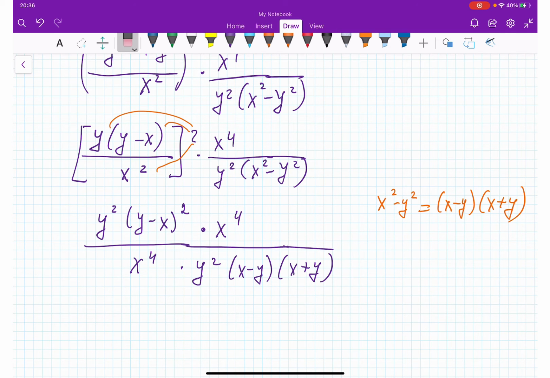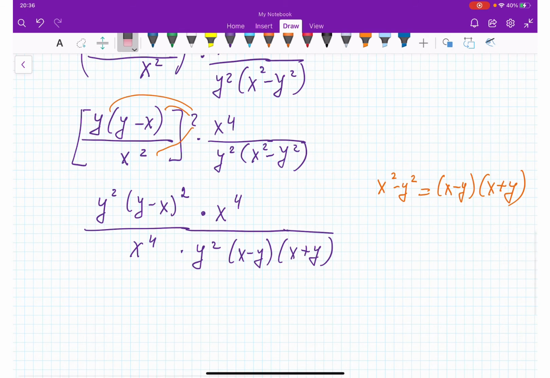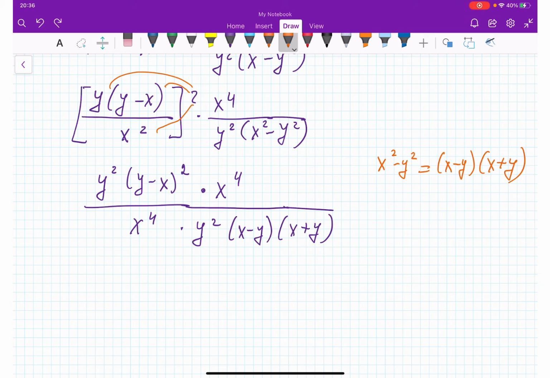What is interesting is that I have y minus x squared in the numerator, but in the denominator I have x minus y, which means I have to put a negative sign in front of the fraction so I can flip it. Remember, 4 minus x is equal to negative (x minus 4), right? So this is what I'm going to do: put a negative in front of the fraction